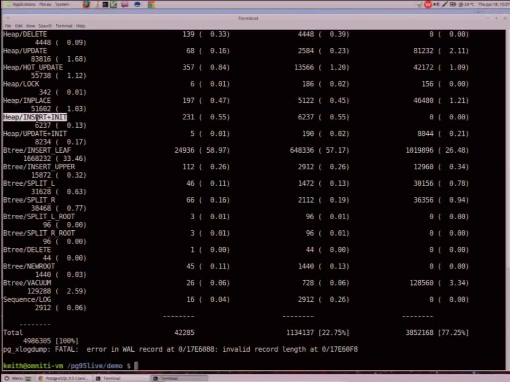So if you're wondering what's causing your XLogs folder to blow up, and you can't get into the database to see what's running, you can run this command on the WAL files in the XLogs folder and get an idea of what is causing all your problems.